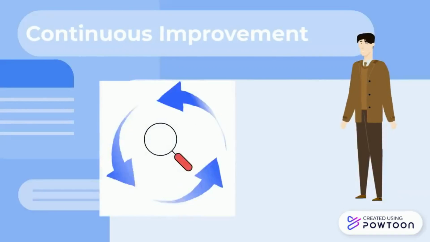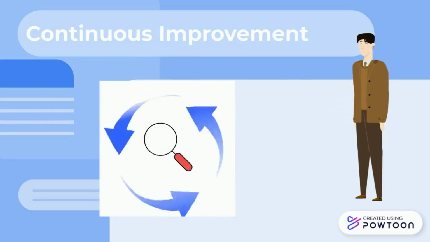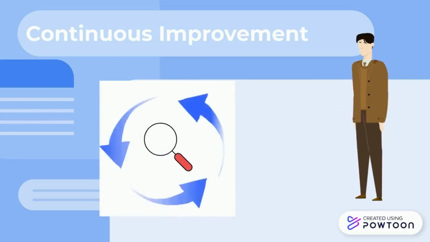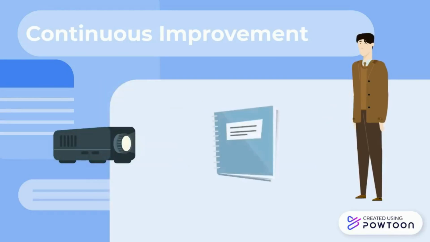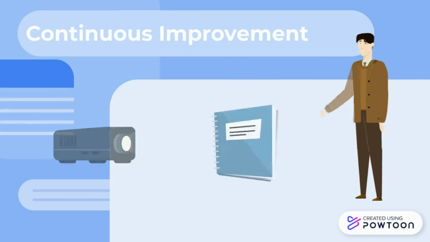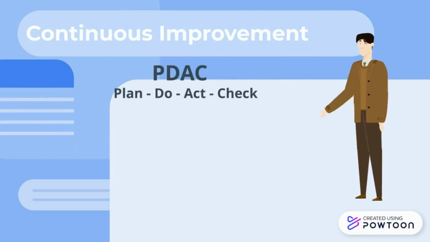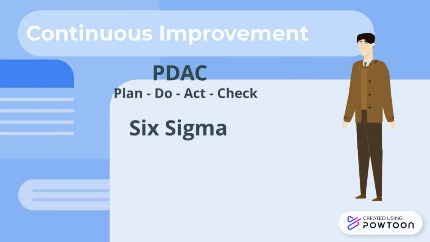Continuous improvement is a method for streamlining project activities and reducing product defects. It also falls under the prevention over inspection concept. It is also important to monitor and document issues as they arise to help mitigate future mistakes or issues. Some of the continuous improvement techniques are PDCA or Plan, Do, Check, Act cycle, Six Sigma, and Total Quality Management